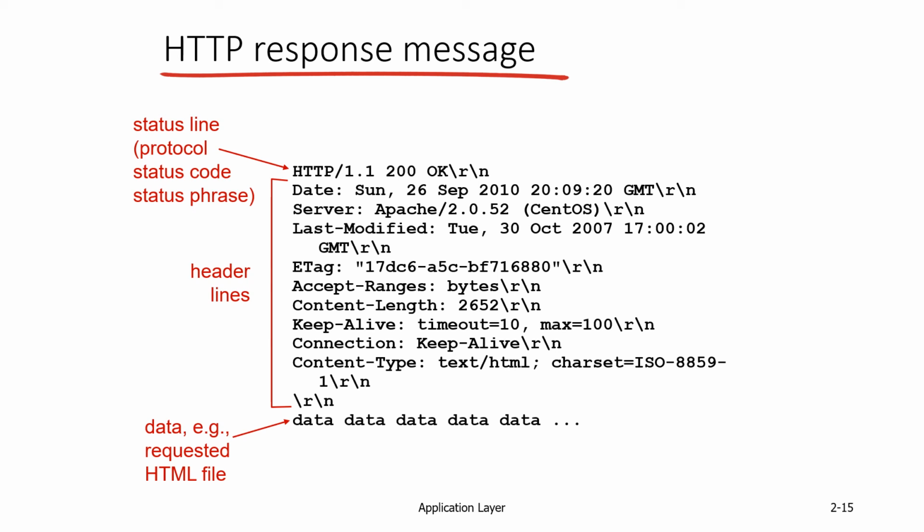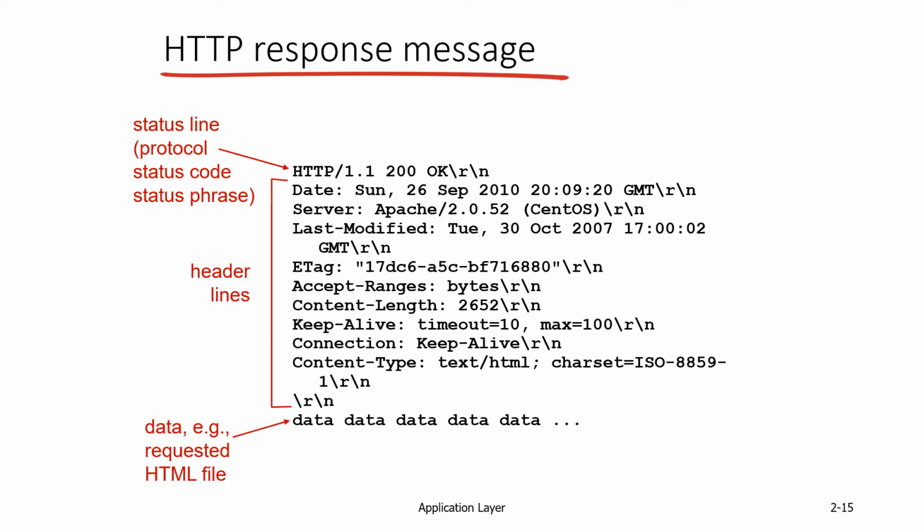What was the timeout value? Sometimes whenever you are trying to retrieve a web page, you get a message that the page has timed out. This timeout value basically defines the amount of time it takes before a timeout happens. The timeout default value and the maximum value. The content type, whether it was text or HTML. And then the data, which is the actual body of the message.